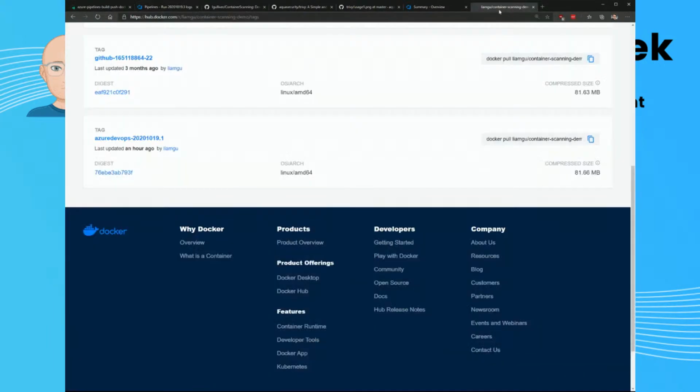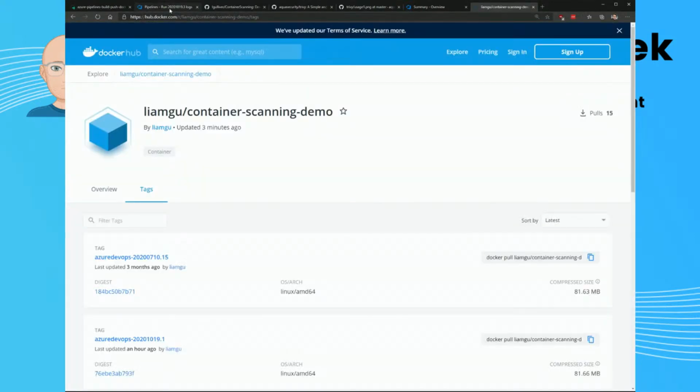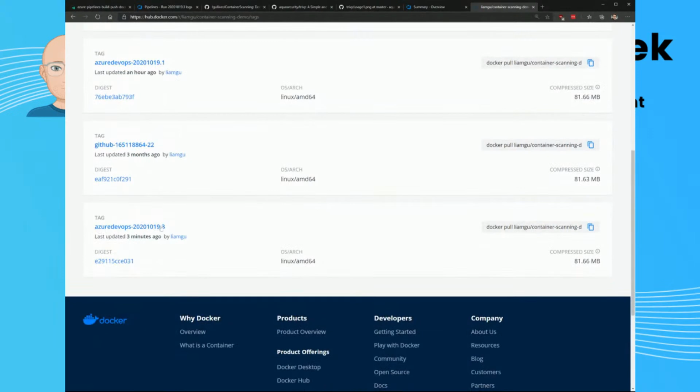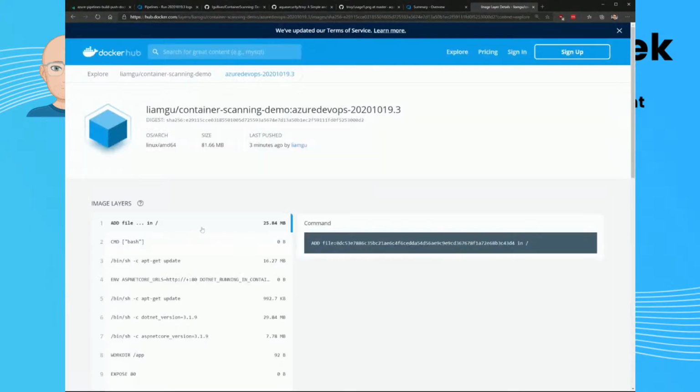So that should have run now. And if I go to Docker Hub and refresh this page, we've got a build of 2020 10 19.3. So we should have an image in there with that tag. There we go. So that's already our Docker image built from Azure DevOps. And that, most of the time, other than a couple of differences where we've got people running unit tests, as you would normally, that's pretty much the end-to-end flow for a lot of people,